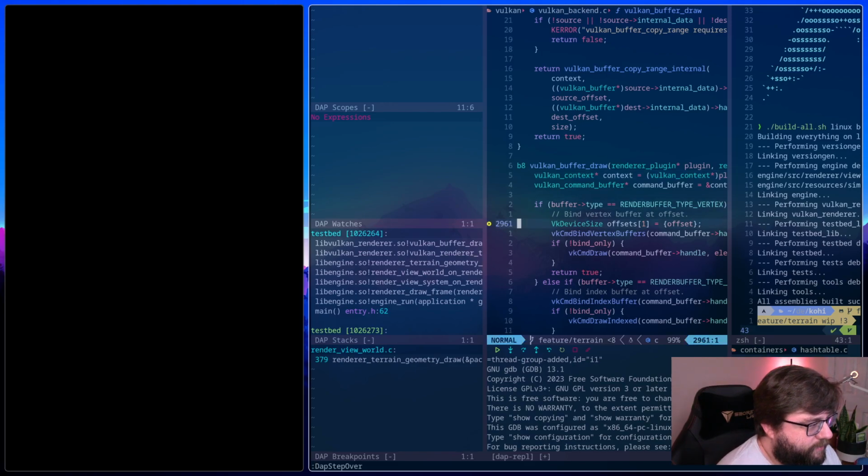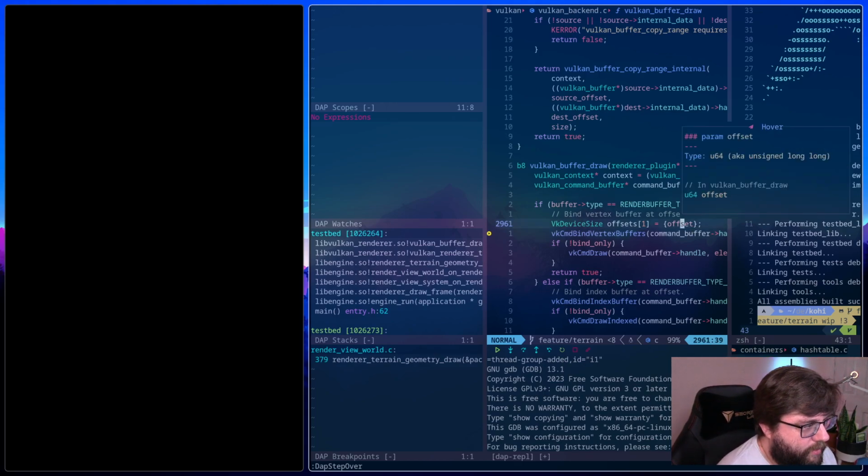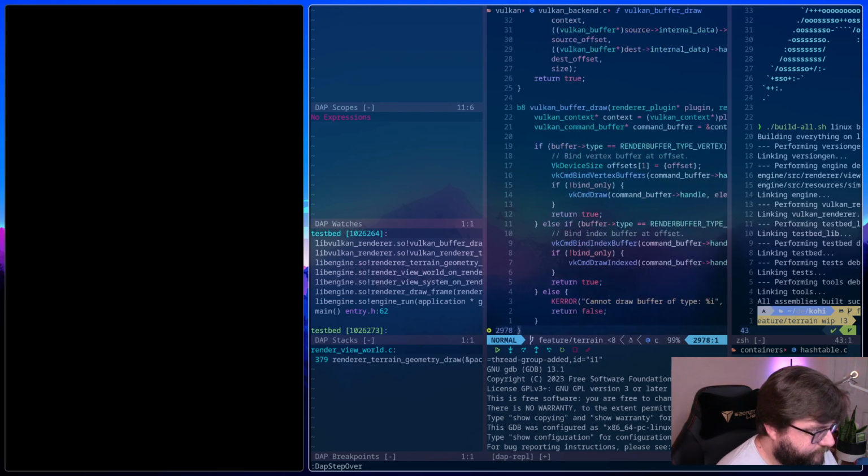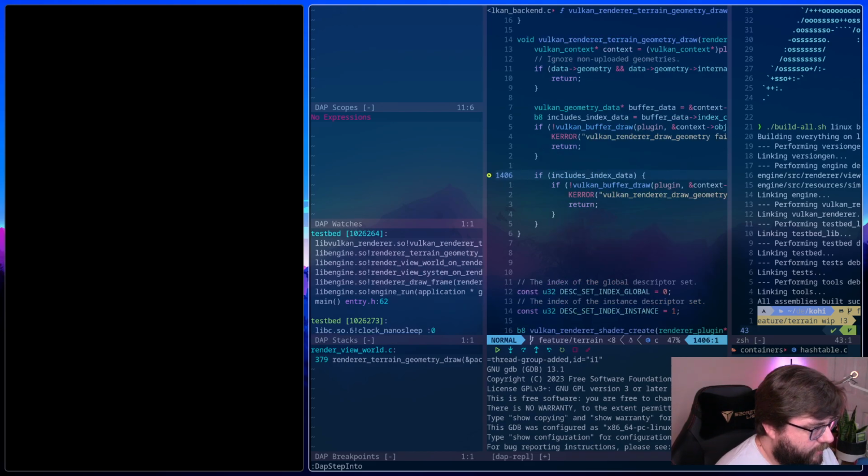Let's see. Yeah, that makes sense that we don't draw that one because we have an index buffer. It does include index data.